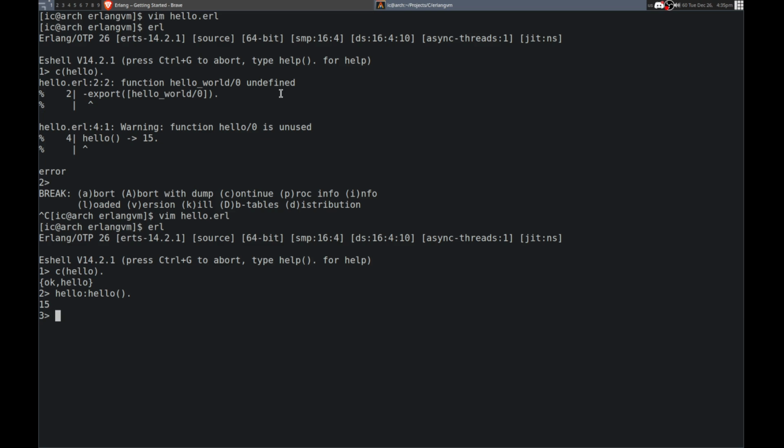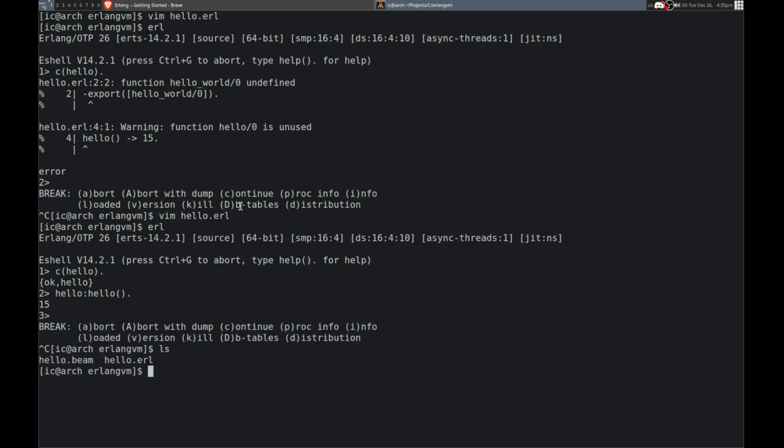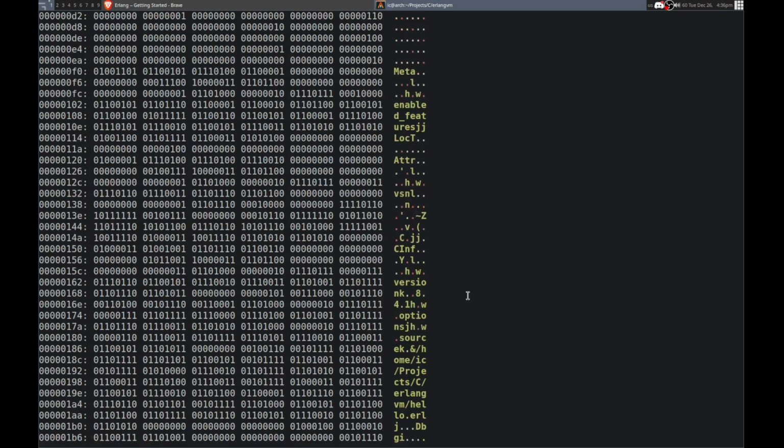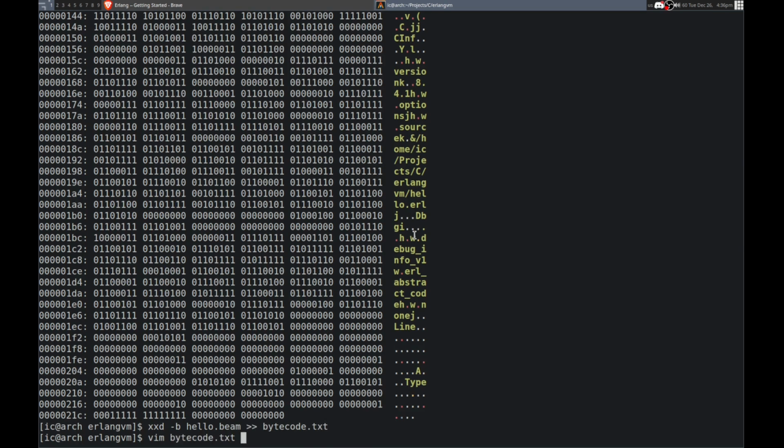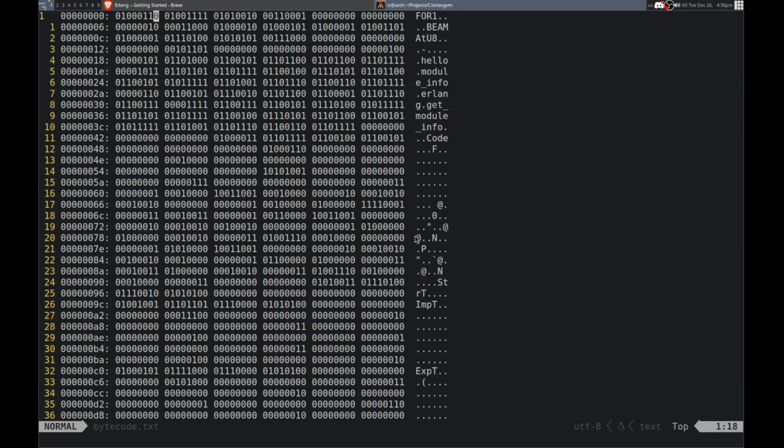So that is what I'm going to be compiling to. So we can take a look. It actually generated the beam file here. So I can look at that. That's how you do it. There we go. So here is the bytecode of it. So I can actually put that into a file, code.txt. There we go. And take a look at that. So Elixir goes brr. Yes, it is the same virtual machine as Elixir. But this is Erlang that I was using.